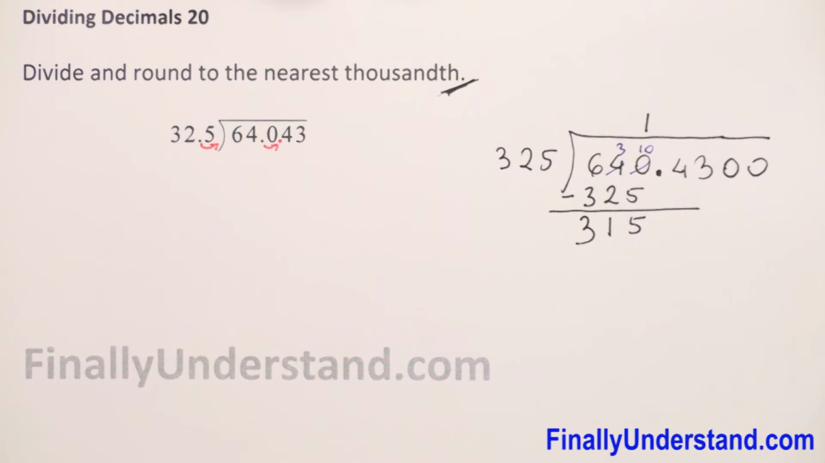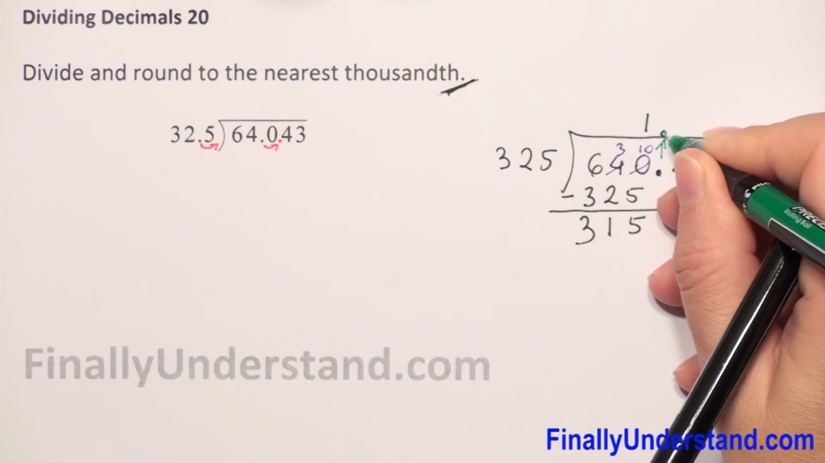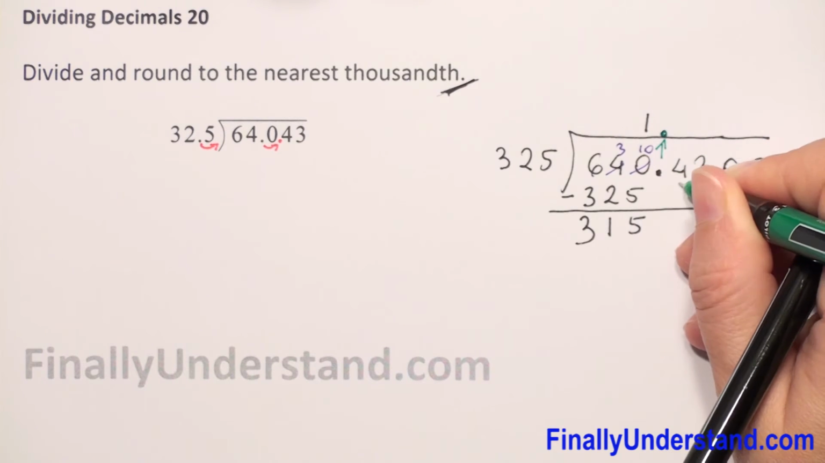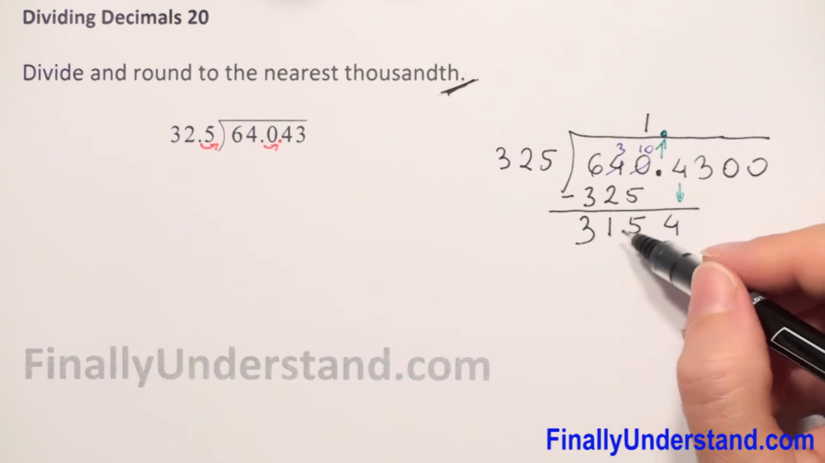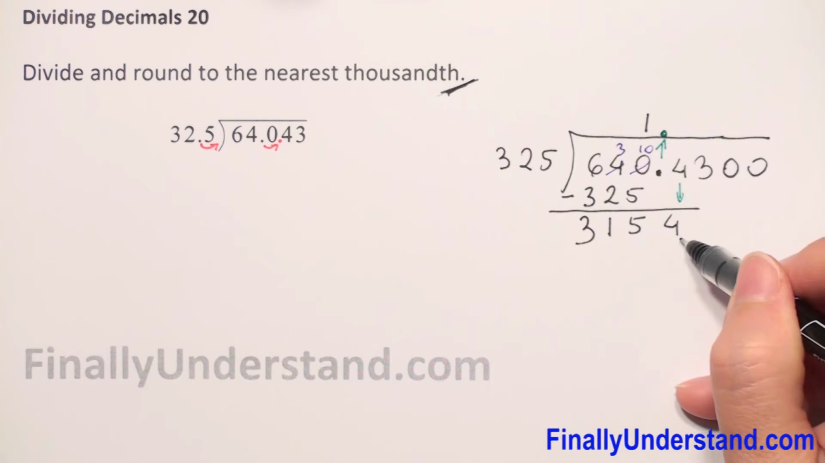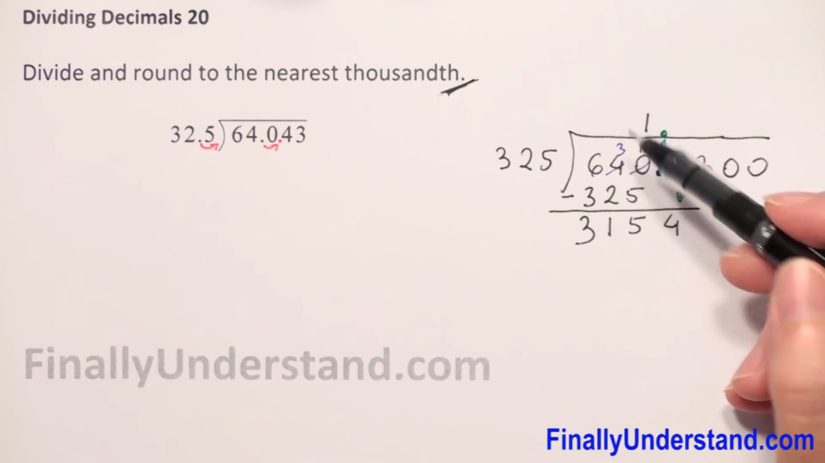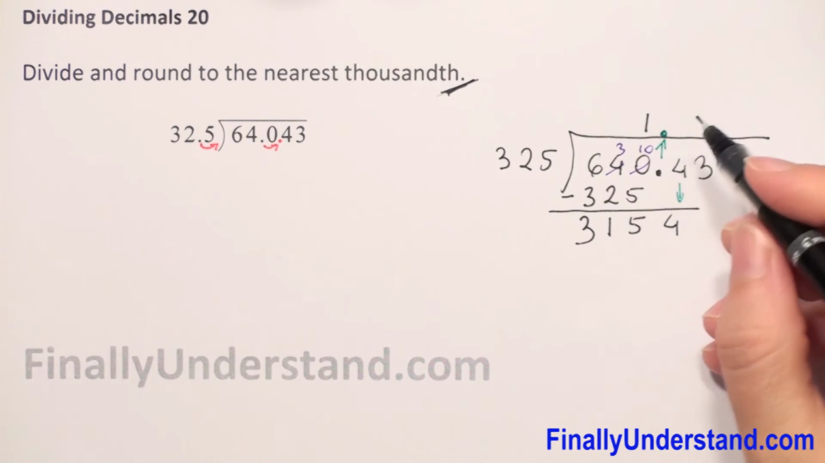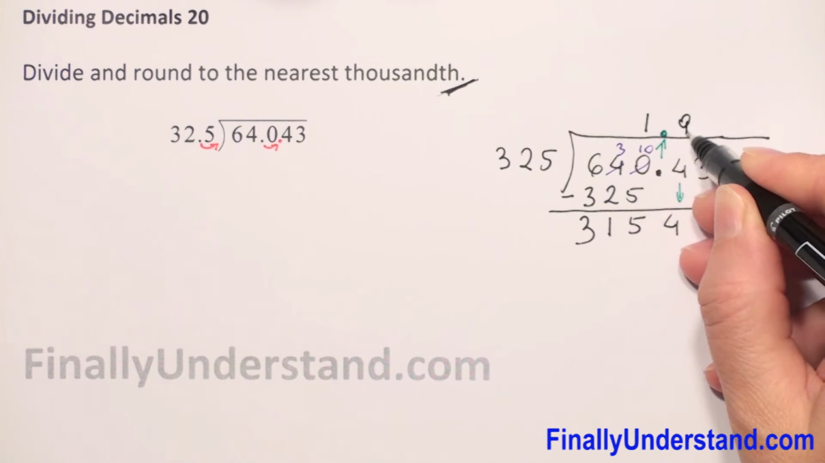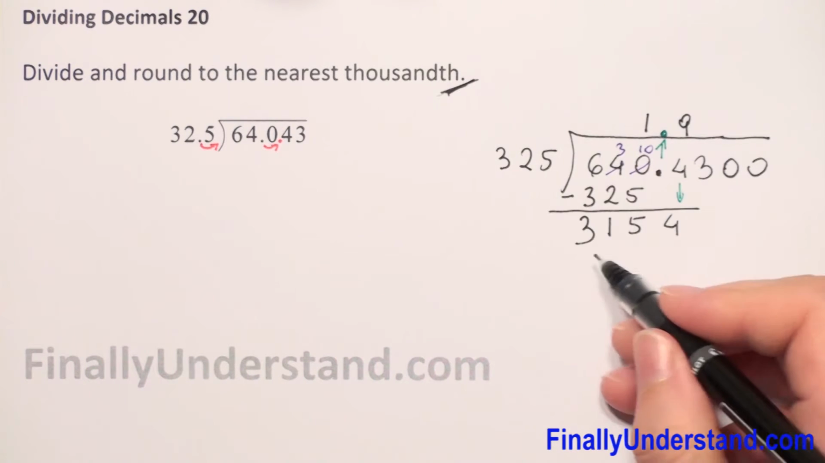What next? We have to take the decimal point to the top, always in the same column, and we take the next digit down. So we have 3,154 divided by 325. How many times can we put 325 into 3,154? 9 times. So we have to write 9, and now we have to do multiplication. 9 times 325 is